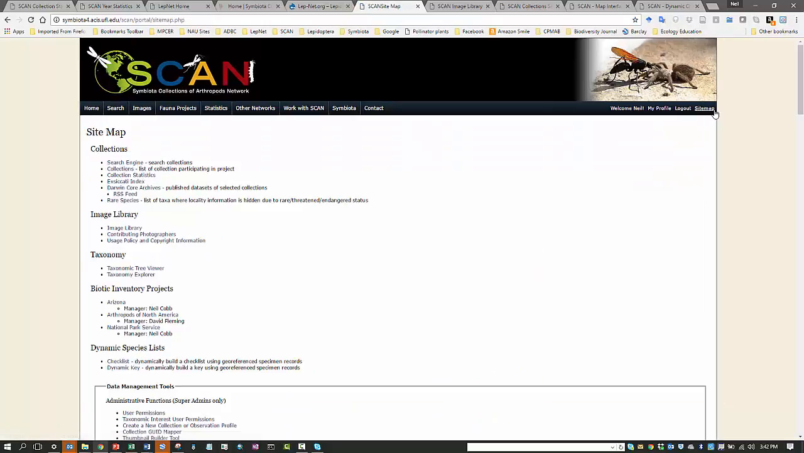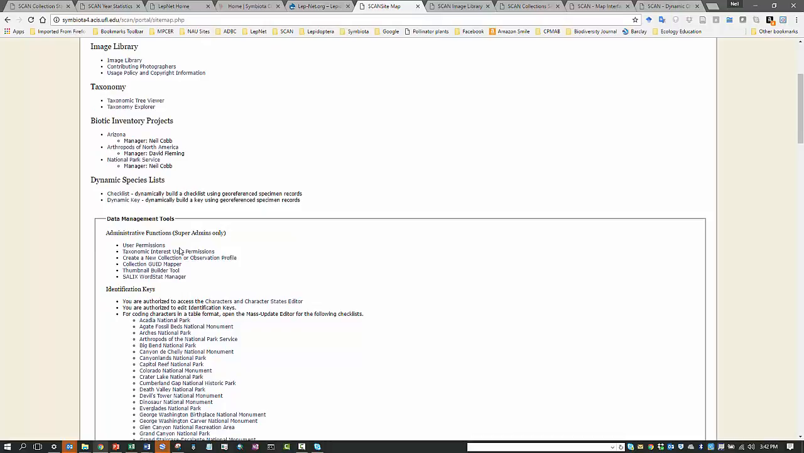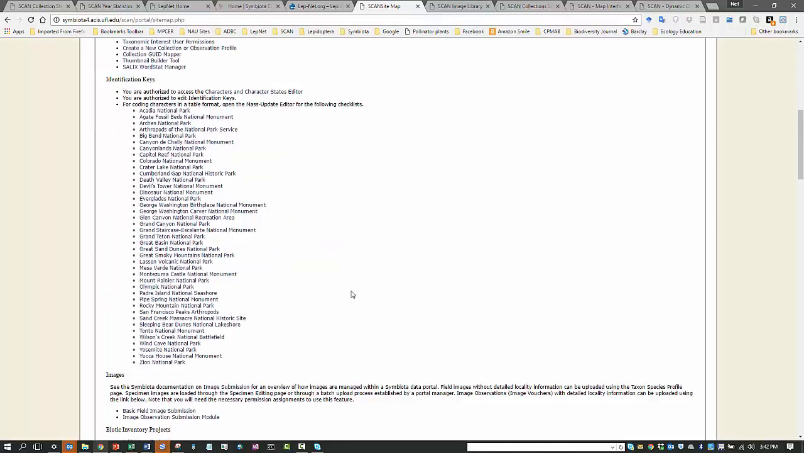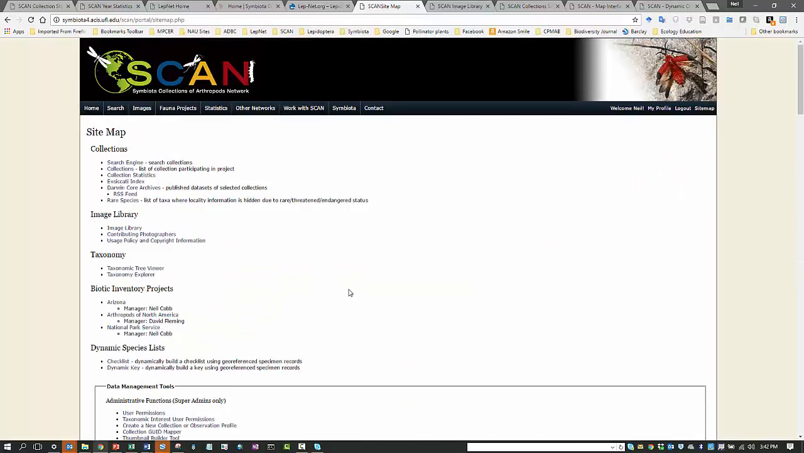And then, like I said before, the sitemap gives you access, let's say, to the Darwin Core Archive, so all of the collections that are publishing their data out of the portal. It'll show you, if you're involved in any inventory projects, which projects you're involved in. And a lot of this is super admin status. If we go to the Darwin Core Archives,